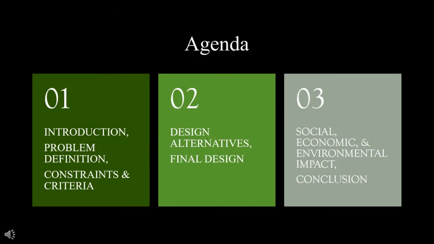Today's presentation has been split up into three different sections. In the first section, we'll cover the introduction, problem definition and scope, and the constraints and criteria. Next, we'll move on to the design alternatives and our final design for the problem. Moving forward, we'll touch on the social, economic, and environmental impacts of our final design, and we'll wrap it all